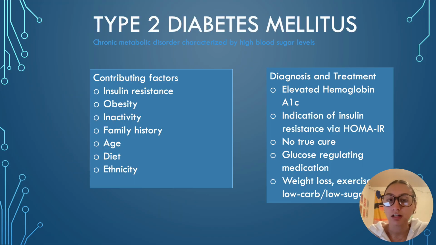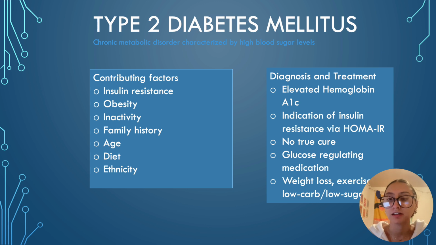Diabetes in itself is a chronic metabolic disorder that is characterized by high blood sugar levels. Individuals are diagnosed when they have continuous elevated A1C levels. An A1C level measures average blood sugar over 2 to 3 months, and it's a very commonly used blood test among physicians. There are many lifestyle factors that can increase someone's risk for developing diabetes. Some of these include insulin resistance, obesity, an inactive lifestyle, genetics and family history, diet, and even ethnicity. In fact, American Indians, African Americans, and Hispanics are more predisposed to diabetes simply because of their ethnicity.